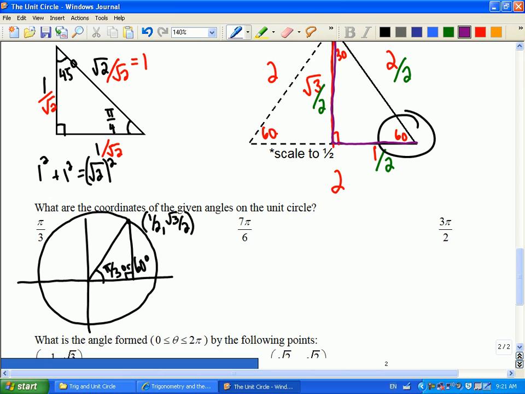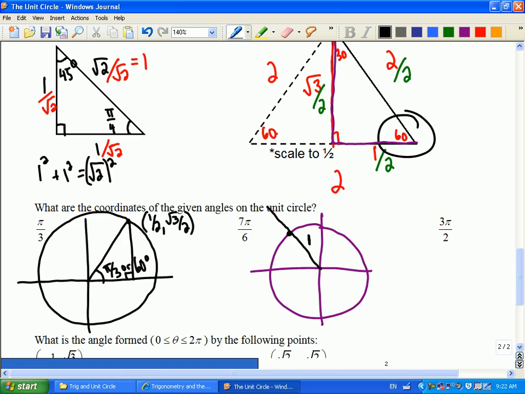7 pi over 6. First of all, get a picture going. Here's our graph. 7 pi over 6, which quadrant's that in? 3. Okay. Remember, it doesn't have to be perfect where your angle's drawn. You just need to try to make sense of what you're doing. So I know that has a length 1. If it was 7 pi over 6 to get here,